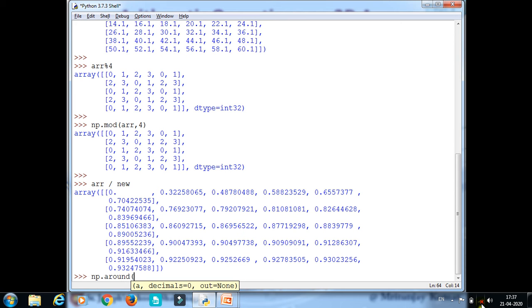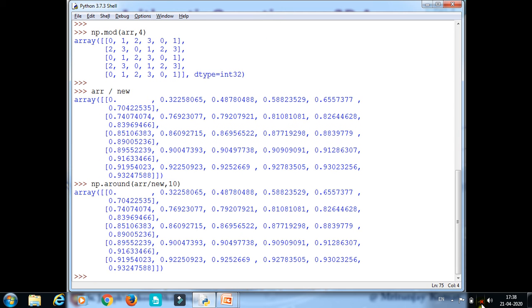I can use another function also, but I am not writing that, I am using the previous one only. So arr divided by new, and I have to give the decimal places also. I have to give the decimal places 10. You can see here.